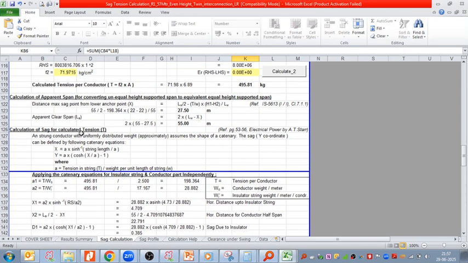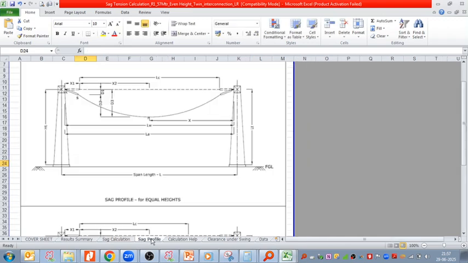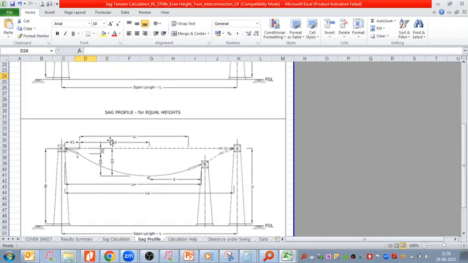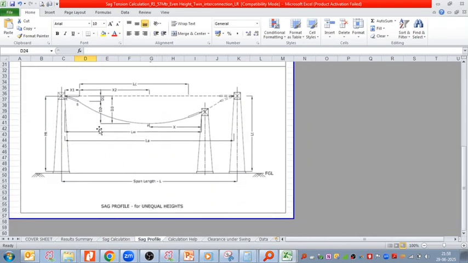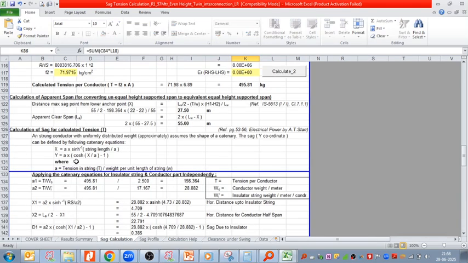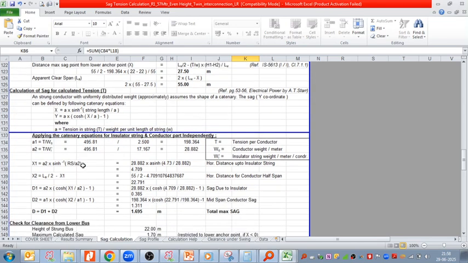So I have used another formula, like this formula I've used here in order to find out the sag. Here, A into sinh dash, string length divided by A. This is one method, but whatever you are telling, that formula